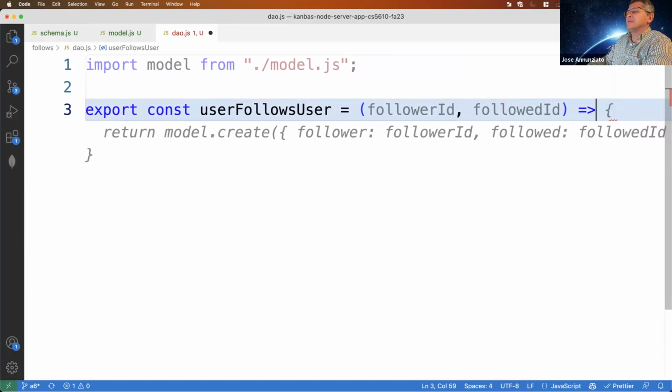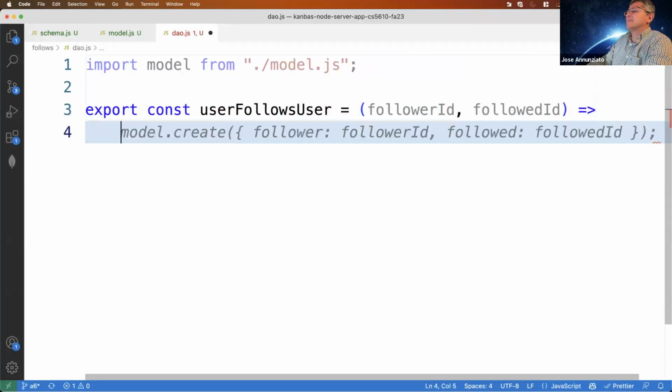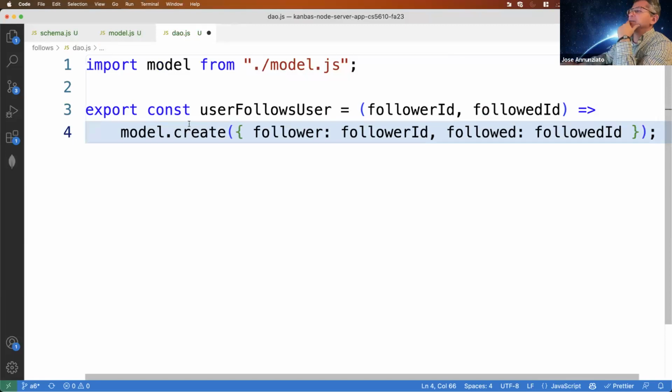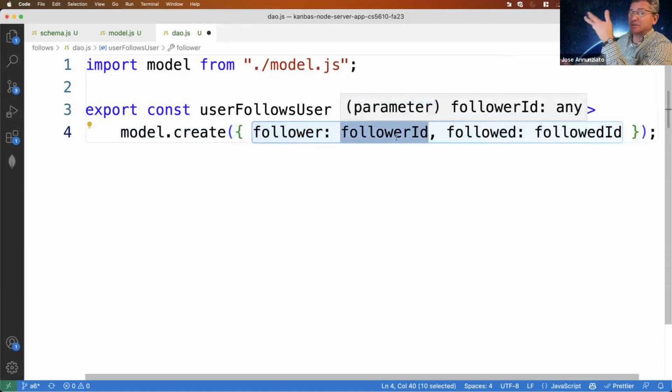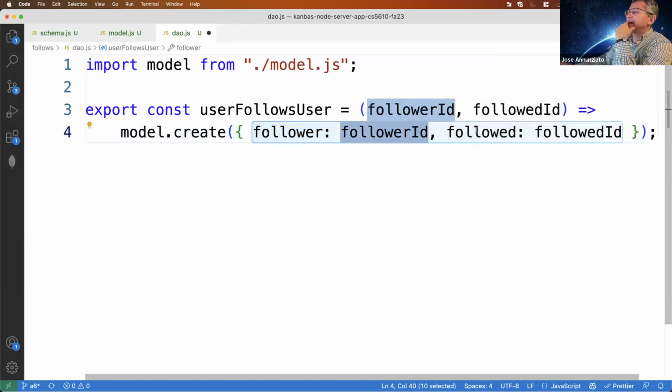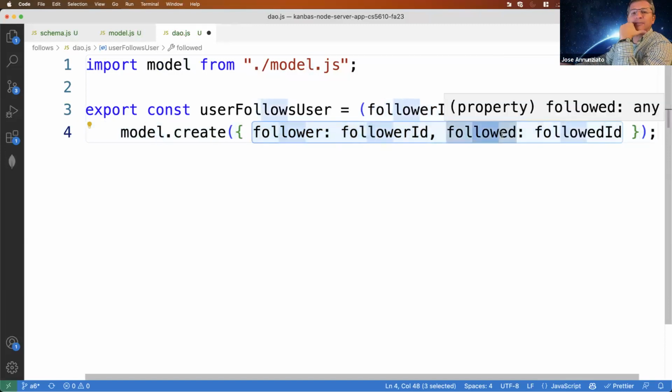So there's going to be model. I'm going to insert a new record, with the follower. I'm going to pass you the ID of the person who's doing the following, which in this case typically will be the person who's logged in, right? And I'm going to provide you the ID of the person who is being followed, right? And that's the ID that I'm going to pass in the URL, right?